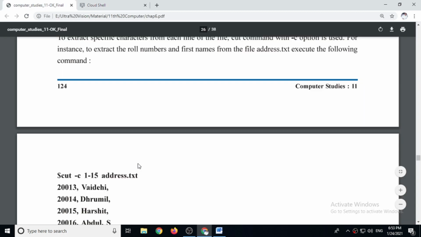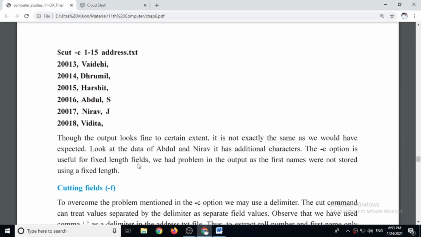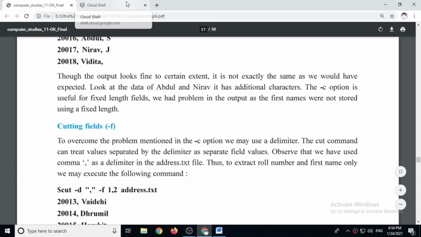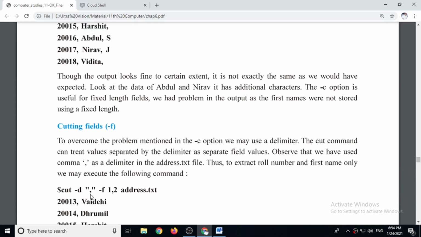So let's see how -d option works here. When you are using -d option, remember you have to use -f option with it. So you can see here cut -d inside double inverted comma sign. It means which sign we have used for delimiter.